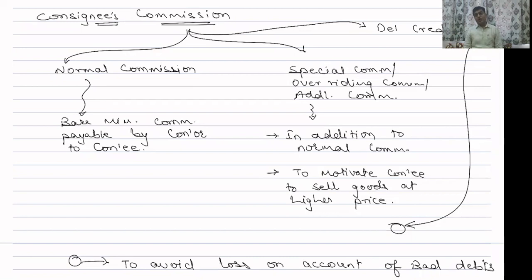Whereas Del Credere Commission is what? It is basically the commission which is payable by the consignor to the consignee for avoiding any kind of bad debts loss. Now, what happens? Just observe it. In the normal course, when you are selling the goods for cash, your customers are fewer. Today, the maximum of the business taking place in the current scenario is on credit basis. So if you want to run your business on credit basis, then there is bound to be